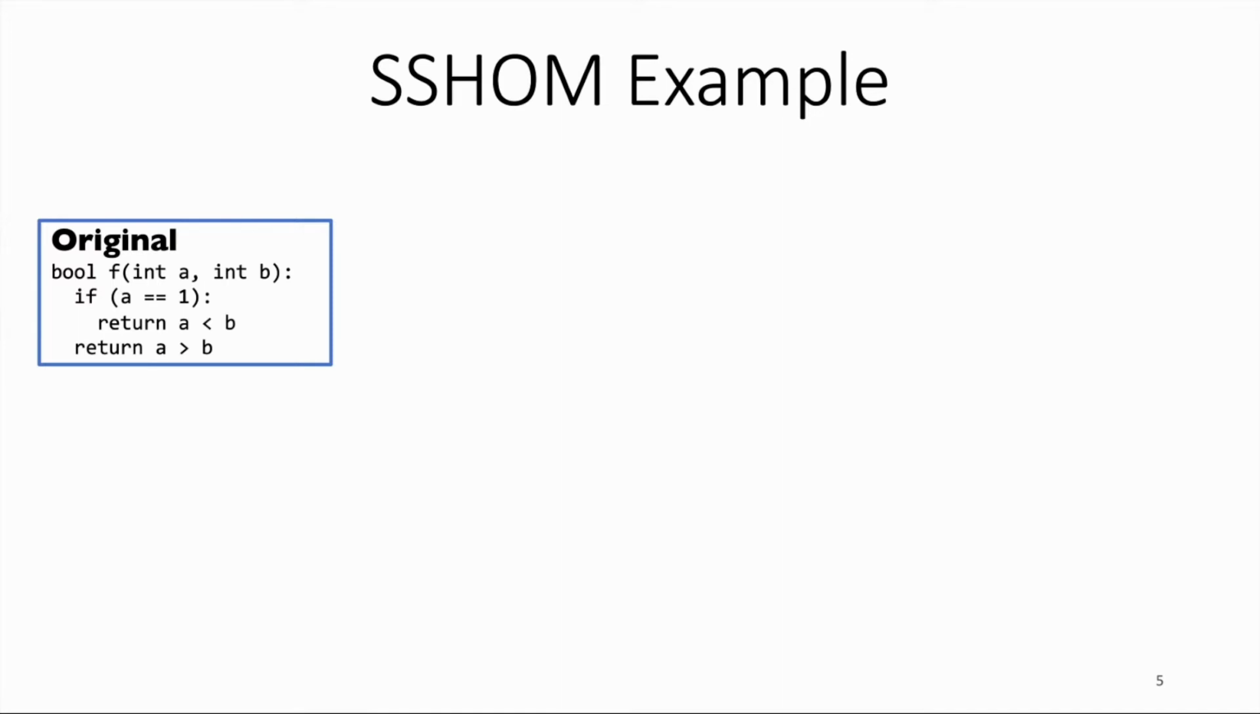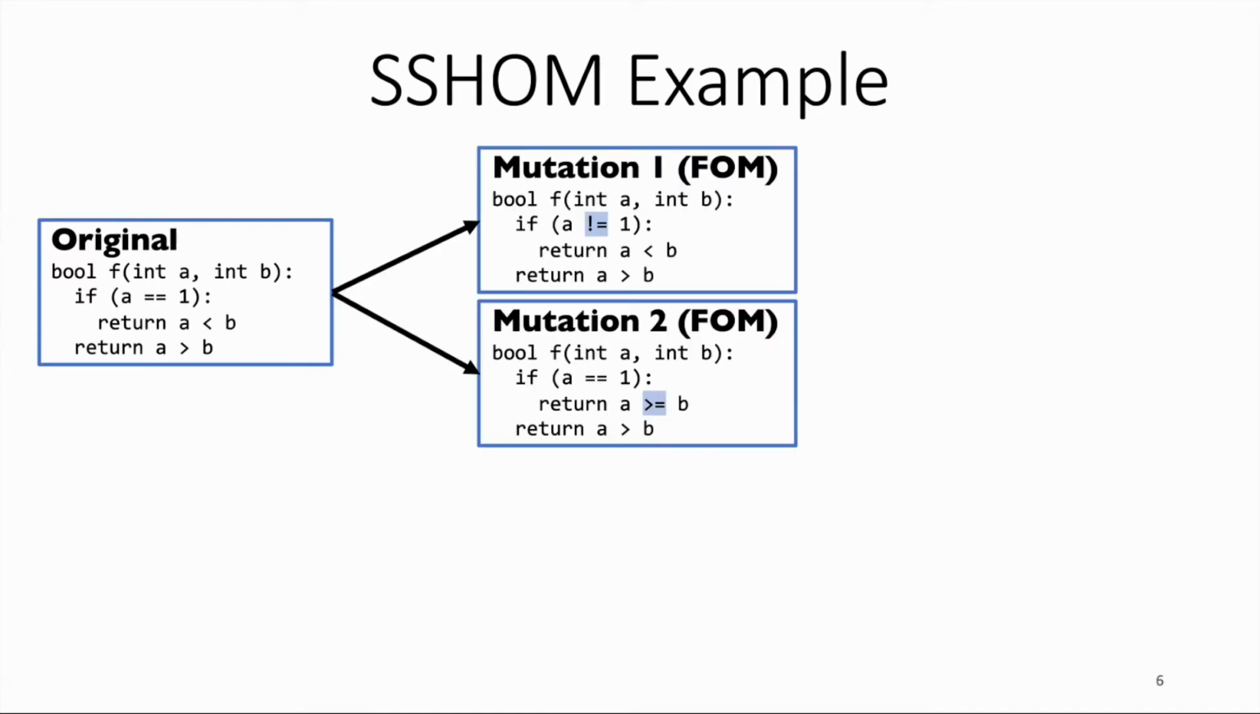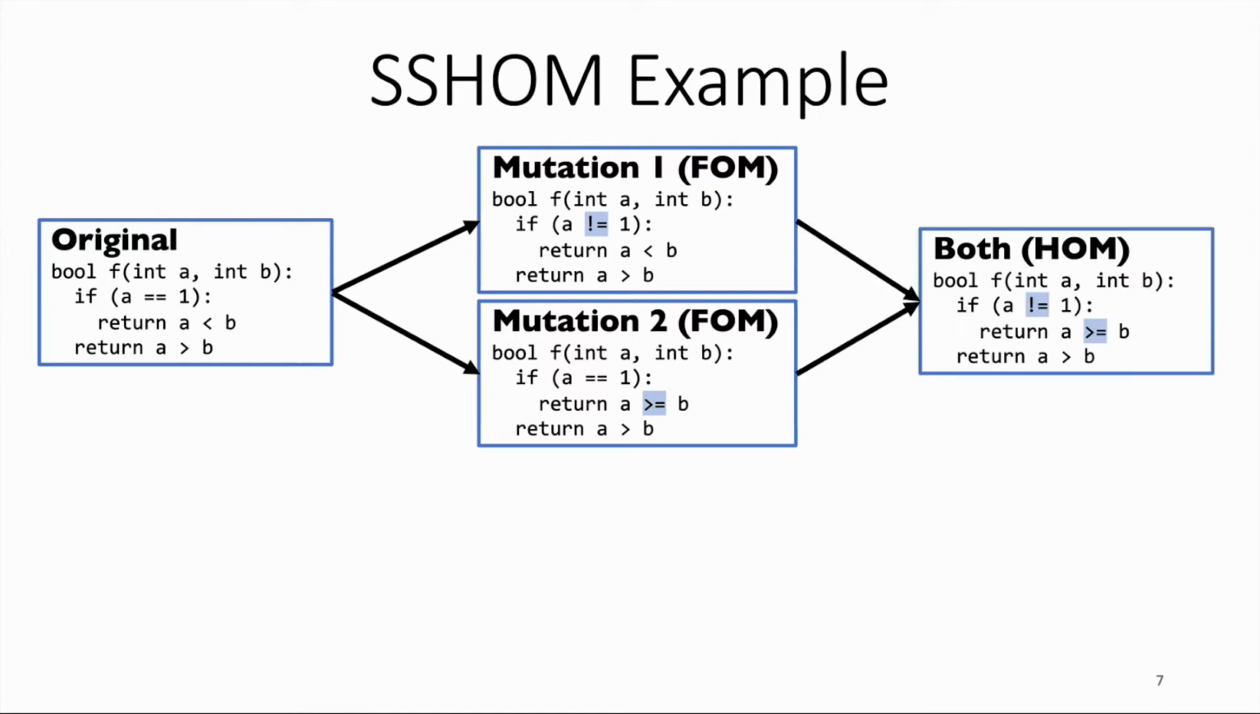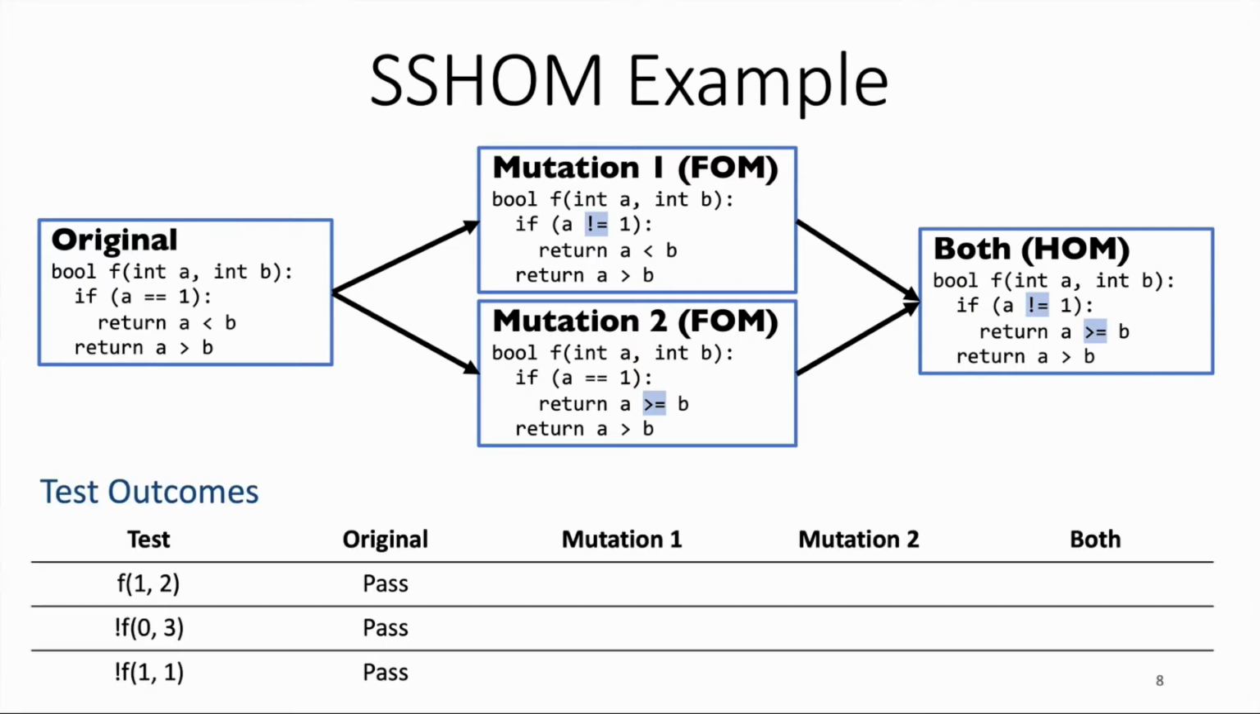We start with a very basic program. From this program, we can easily generate two first-order mutants by changing different operators one at a time. And if we apply the two mutations at the same time, we can get a higher-order mutant. Let's further assume that we are using these mutants to evaluate the quality of a test suite, in particular, these three test cases,